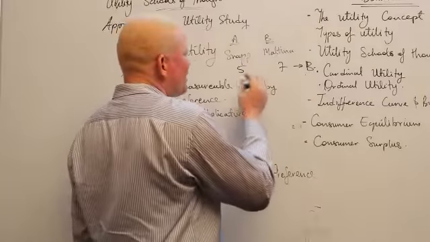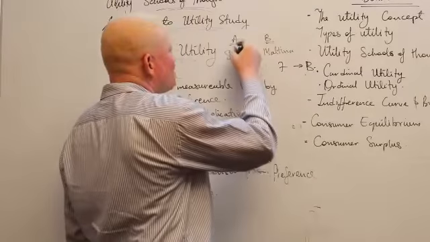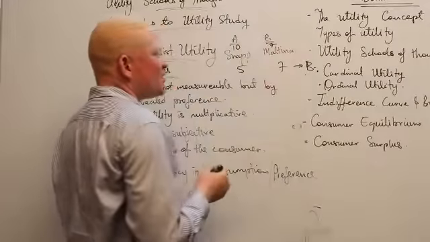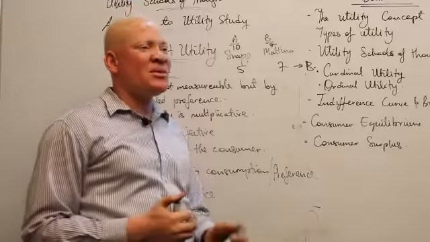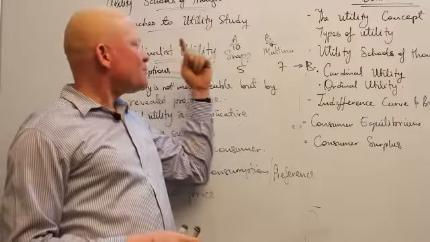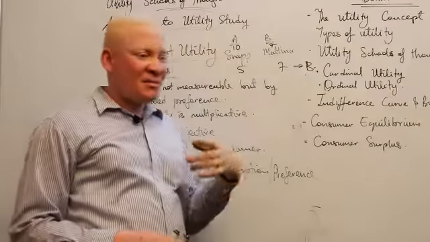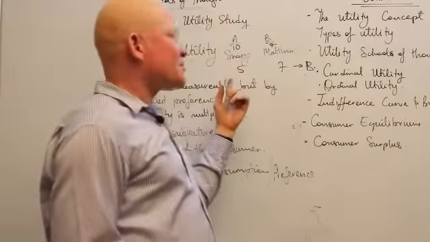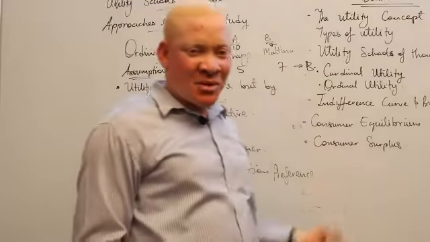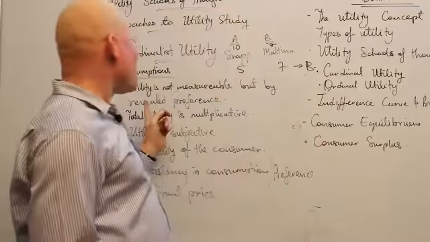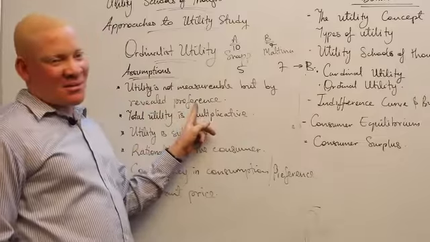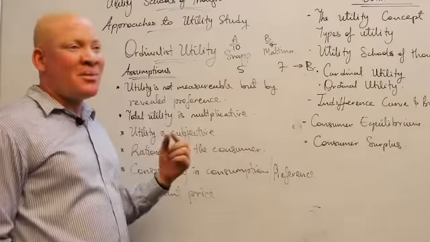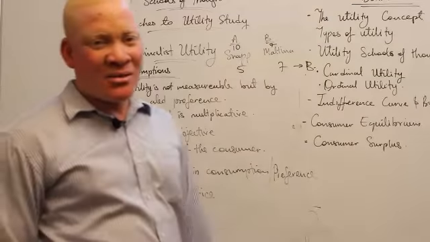But for Mr. A, if Mr. A now consumes 10 of Snap and just 7 of Maltina, definitely by revealed preference we know that Mr. A derives higher satisfaction from the consumption of Snap than from Maltina. Now that is what we have called revealed preference. That we only measure utility by the level of preference placed on a commodity by a consumer.